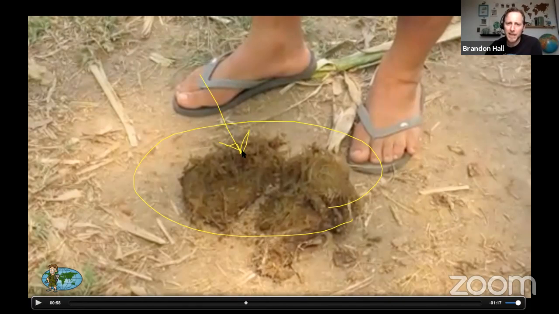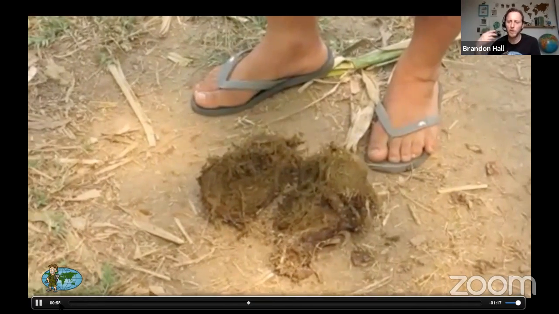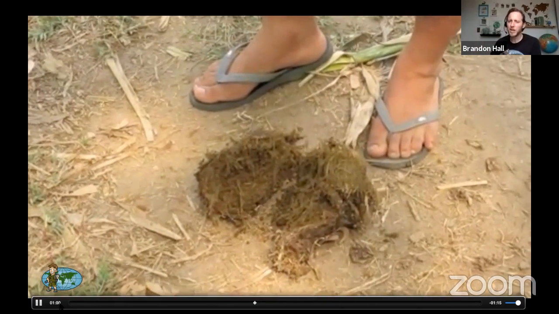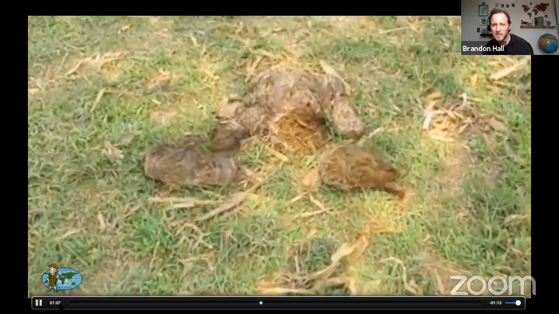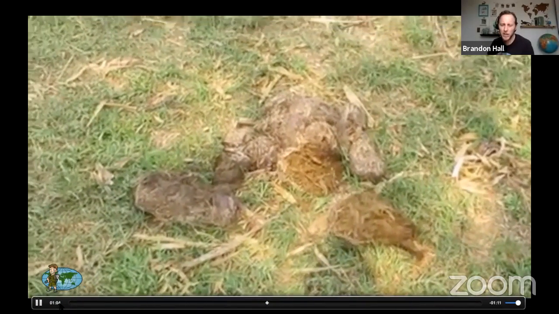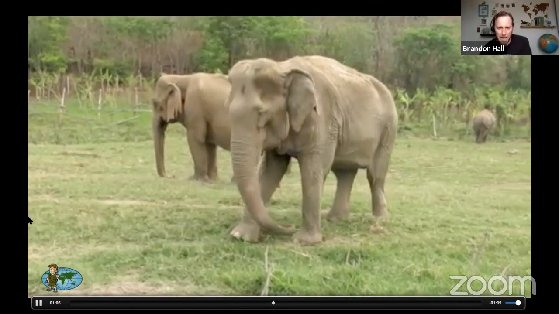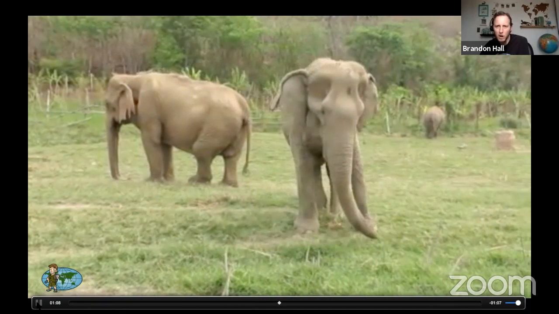And because of that, their digestive systems actually get worse the older they get. So when we look at the droppings, if they look healthier, meaning they're more uniform in color and look fresher, that comes from a healthier digestive system. And when it looks like this, really discolored, that comes out of an older elephant. So if we look at this girl, this older cow,